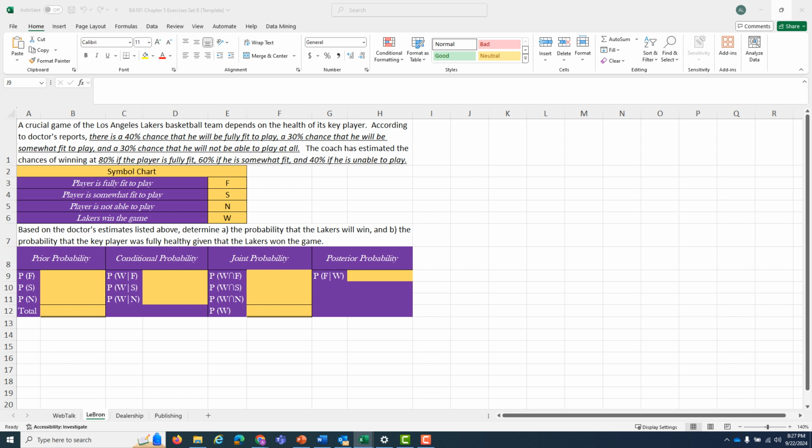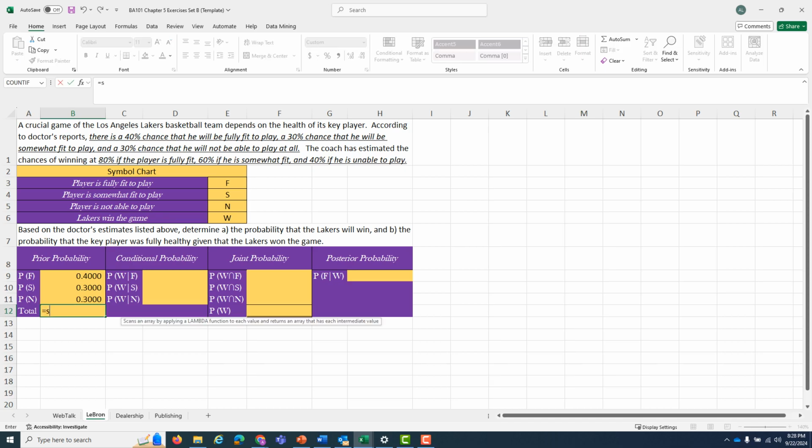So just like we did before, our prior probabilities are listed up above. There's a 40% chance that our key player is going to be fully fit to play. There's a 30% chance that he's somewhat fit to play, and a 30% chance that he's not fit to play at all. Just stealing these numbers from up here and bringing them down there. And just to be thorough, we make sure that that is indeed exhaustive, that it adds up to 1,